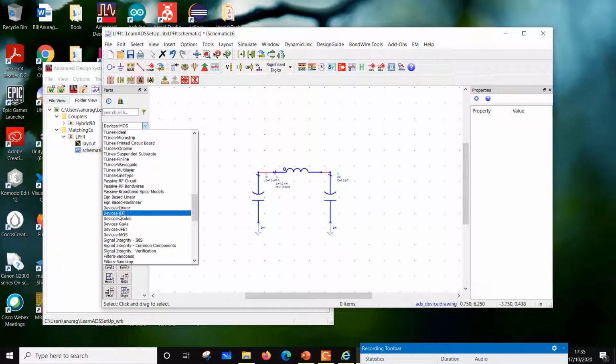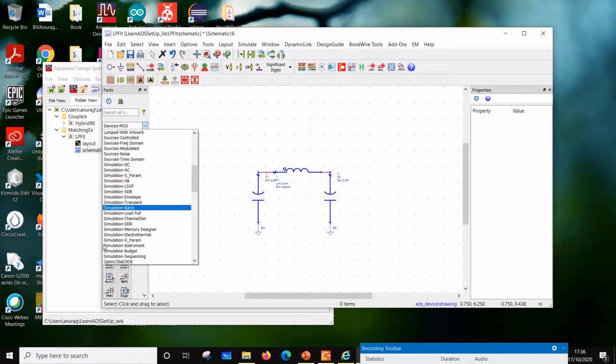Then you can have devices such as BJT, diodes, gallium arsenide devices, junction FETs, MOSFETs. You can also have bond wire models here, right? Transmission line models, you can have microstrip models, strip line models, fin line models, or waveguides. Your waveguides like rectangular or cylindrical waveguides are available here, right? So you can use that.